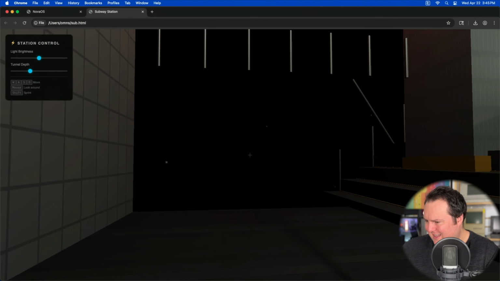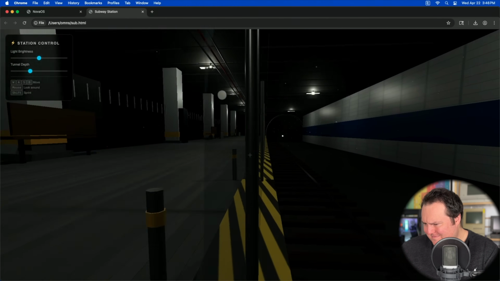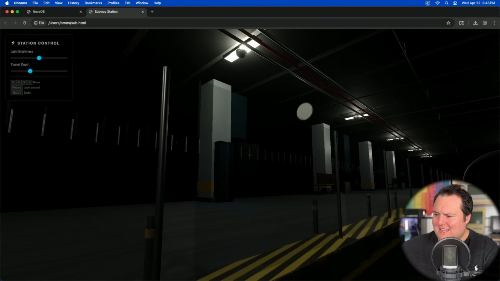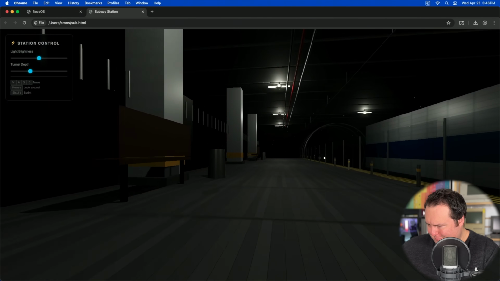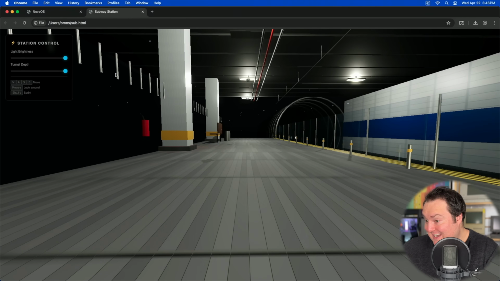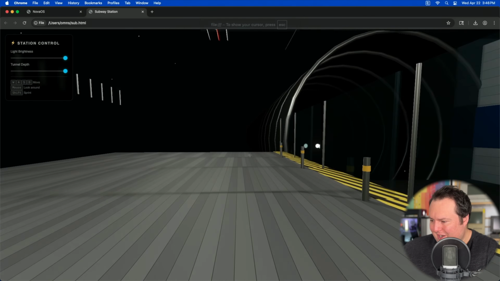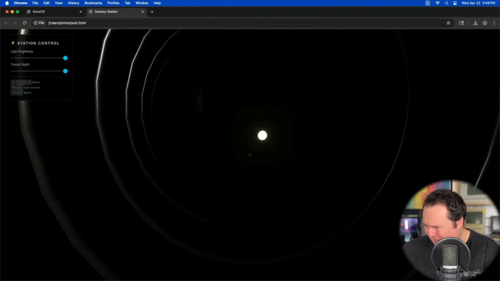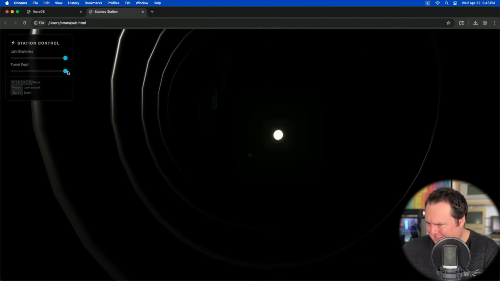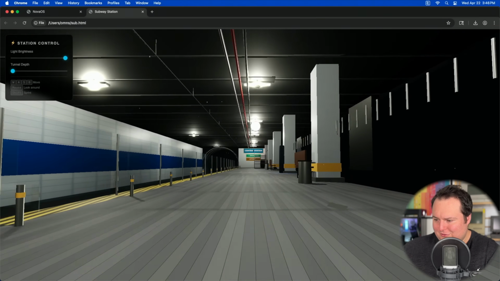It's just not possible. I guess this is... It's so insanely good considering, oh, we have adjustable tunnel depth. We have lighting, brightness, and it does work, and it works nicely. That's significantly better. We even have conduit running on the ceiling. We have the subway car there. Now, I don't know if the tunnel depth changed. I have no idea. I don't know how to judge that one, but this is just